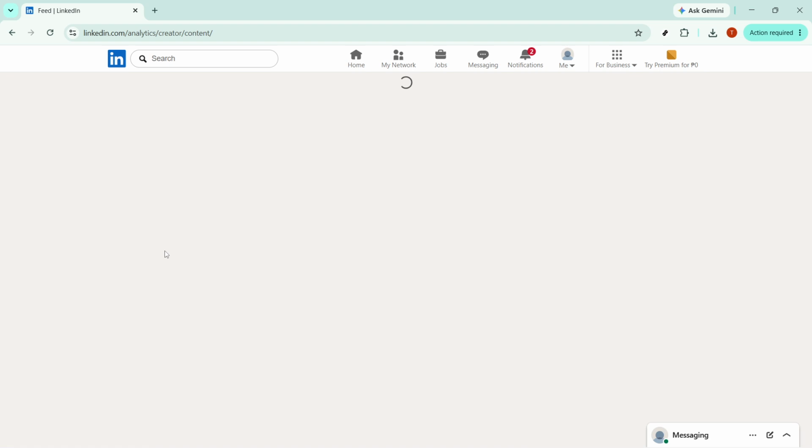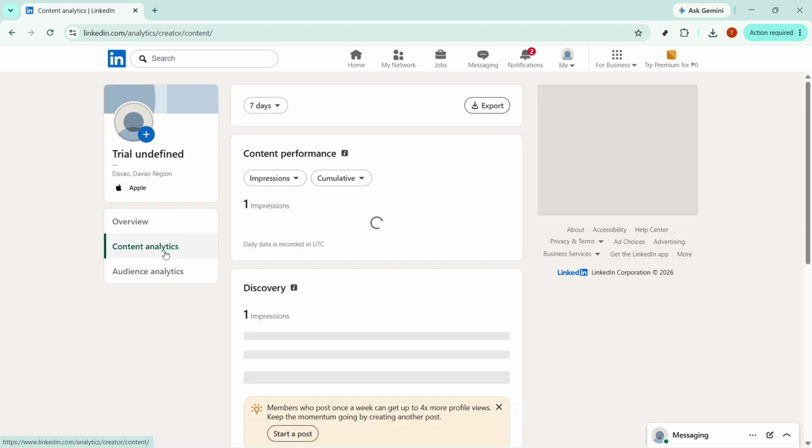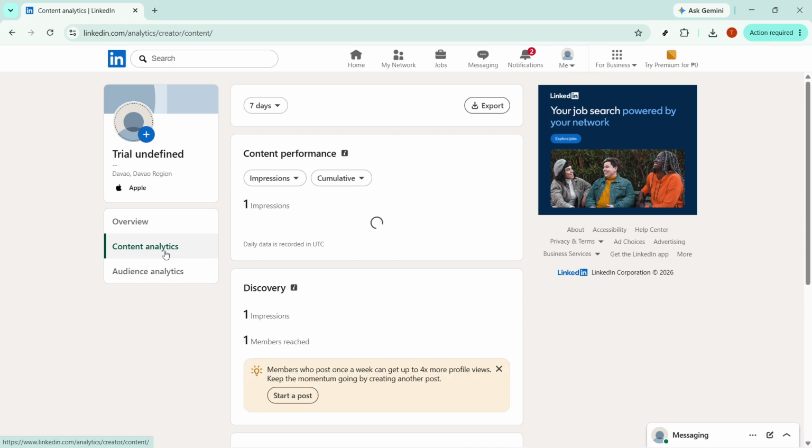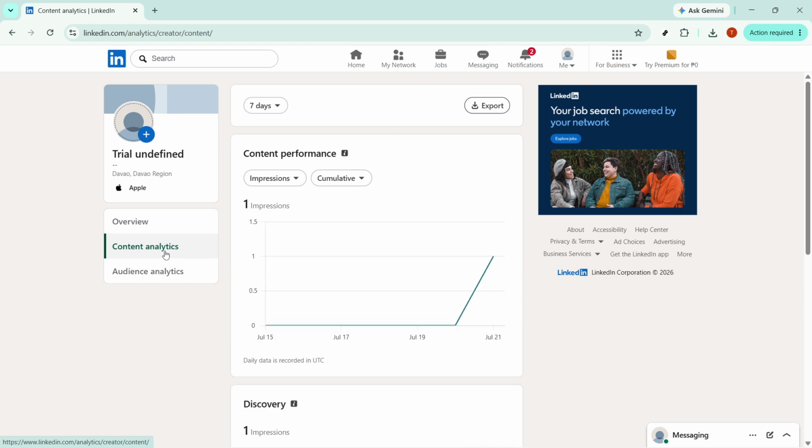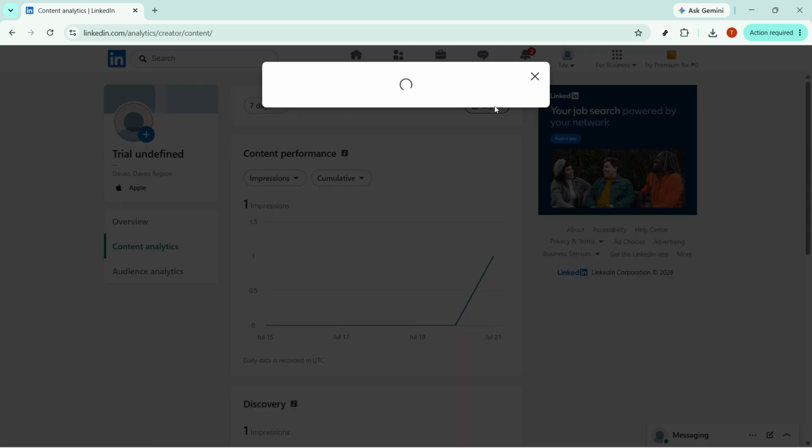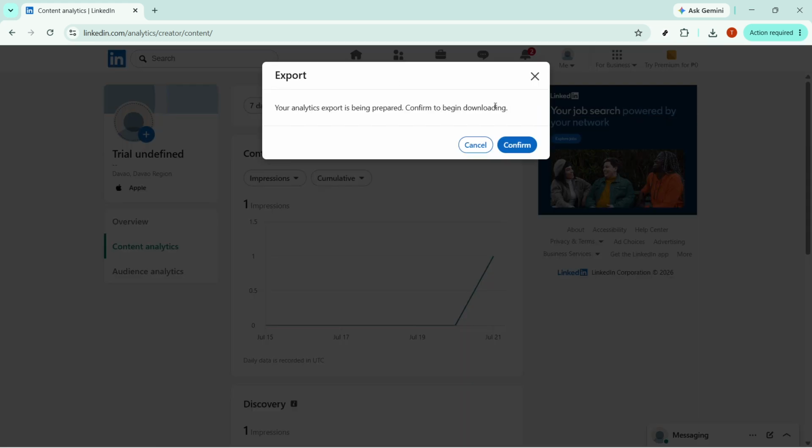Here, LinkedIn gathers metrics tied to your published content, making it the right place to export post-related information rather than broader account activity. Once the Content Analytics page opens, look for the Export button and click it. This is the option that starts the download process. Exporting is helpful because it lets you work with your analytics outside LinkedIn, which can make reporting, filtering, and reviewing